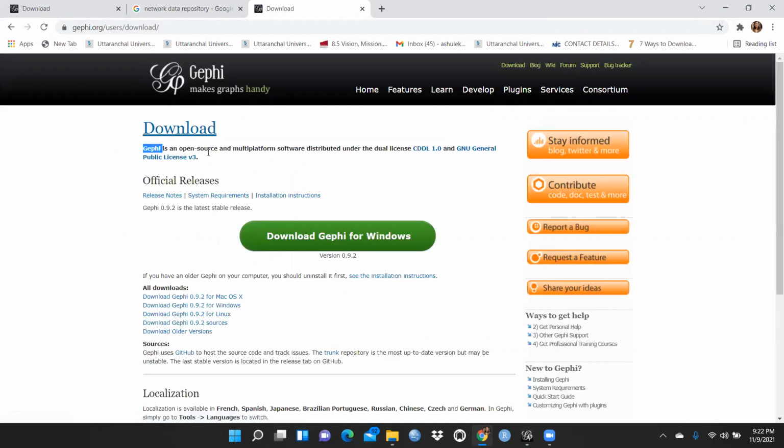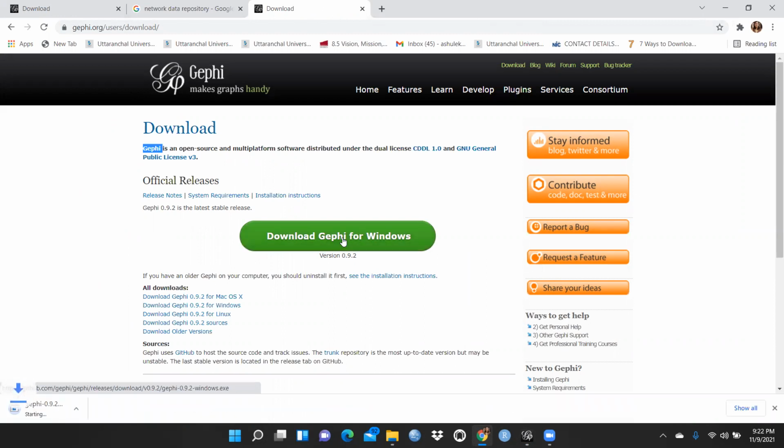Now you have to click here, download Gephi for Windows, and it is going to download within a few minutes. After that you can run it. This is open source, it doesn't require any key, so I'm sure you will be able to download it.